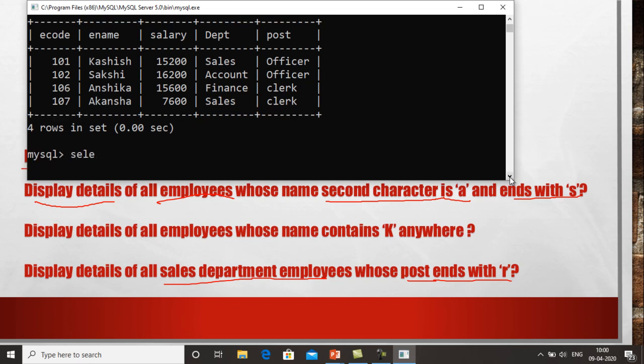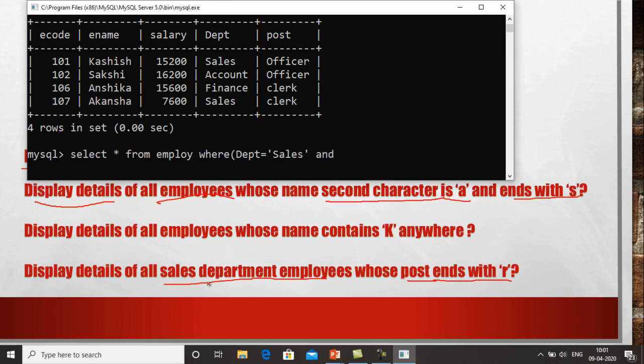Select, over here it is written details, so star from employee. After that it is written that we have to show the record of sales department employees, so obviously we write where department is equal to sales.